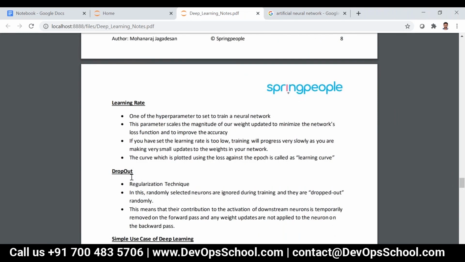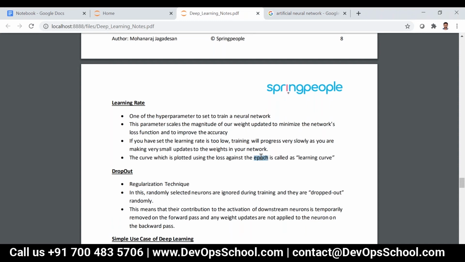Learning rate means how our model is learning on each and every iteration. Here we have something called epoch. Epoch means the number of iterations basically.